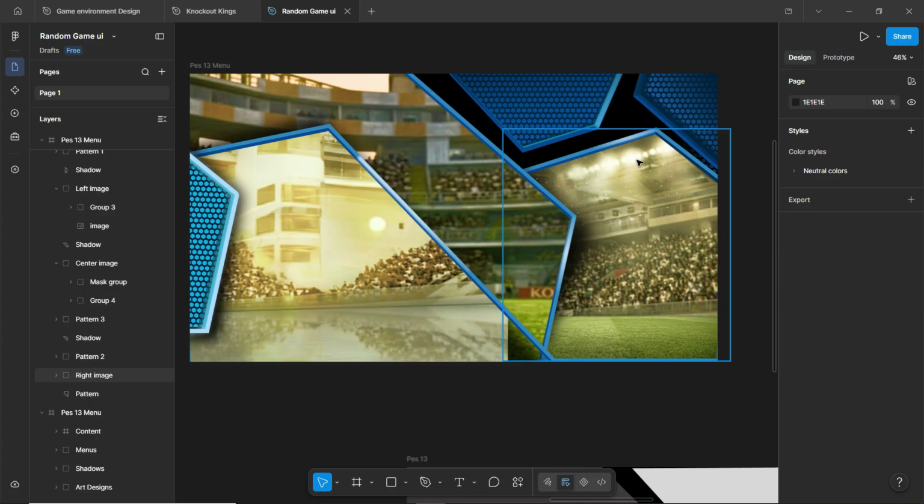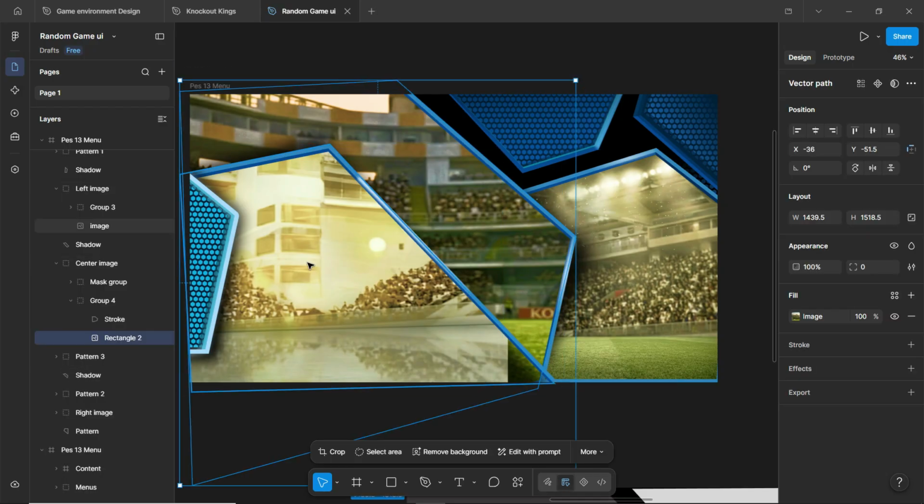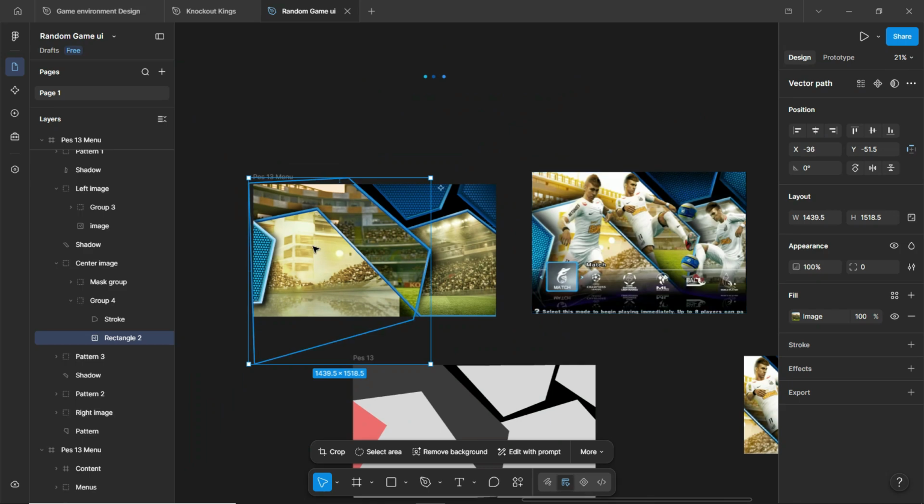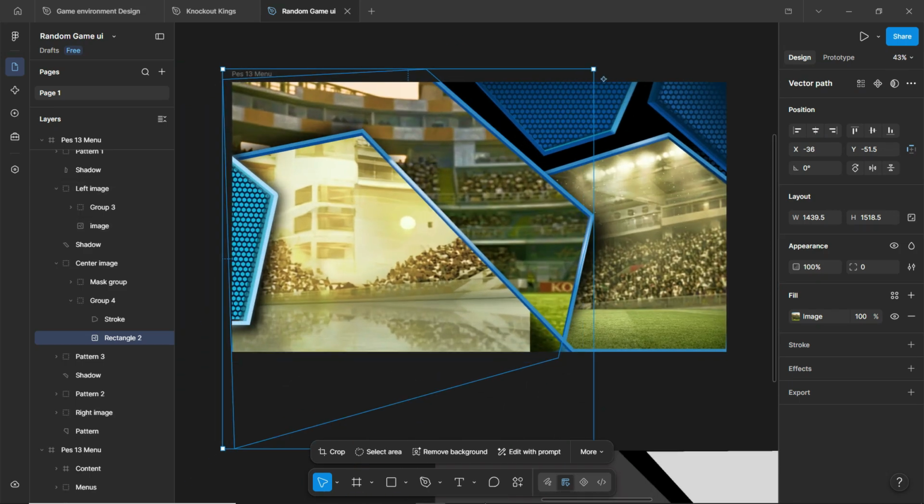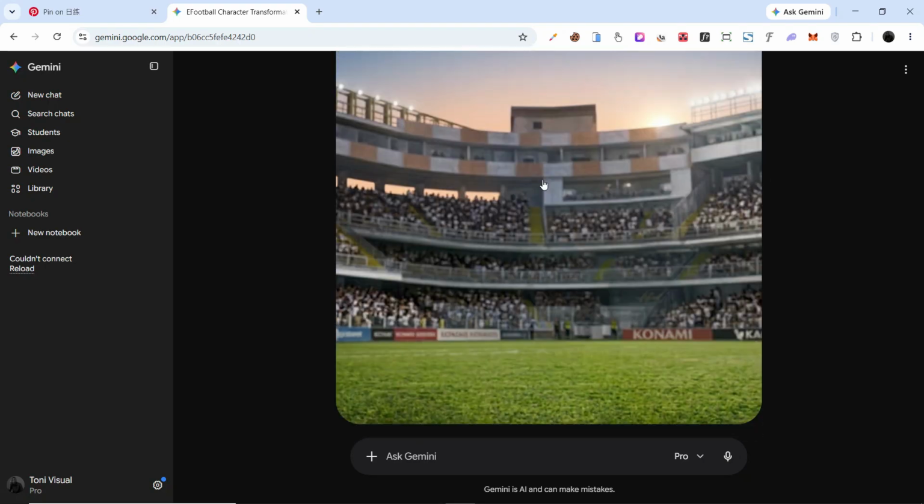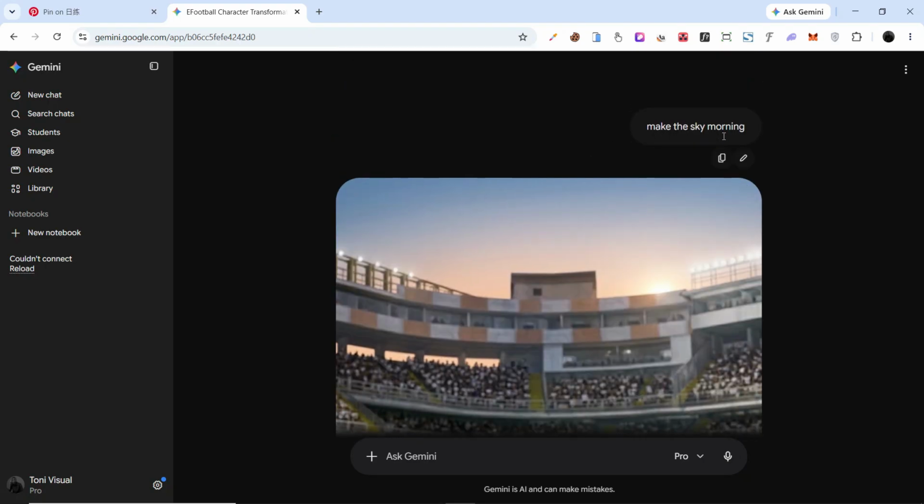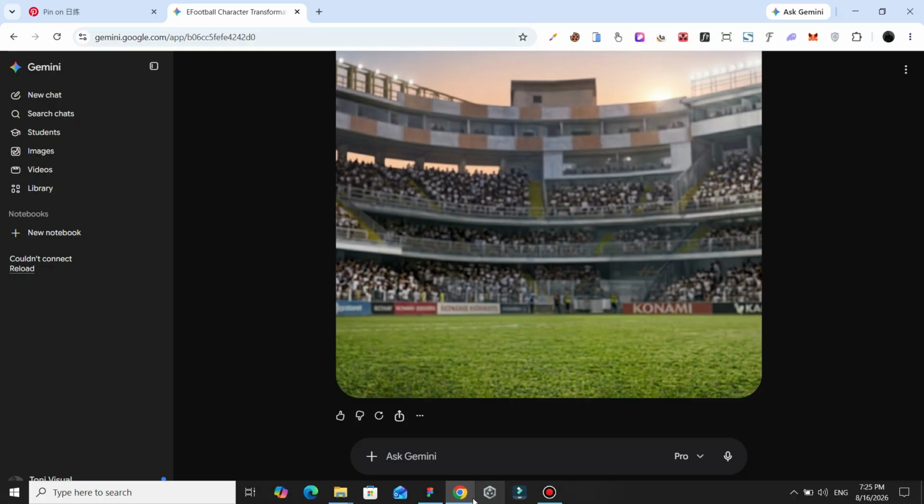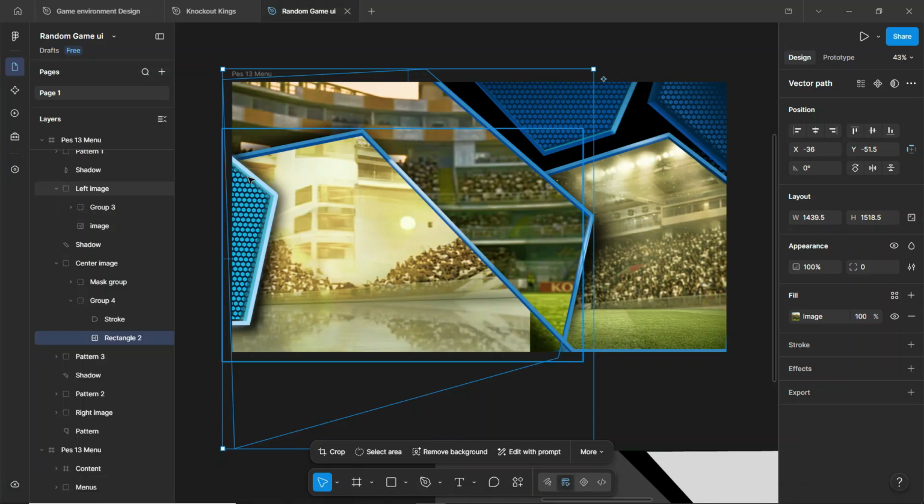Now don't forget all these images are the same thing. I use the same procedure I used for the character aspect to get the image. I use this image too, and also make the sky morning. I was able to bring it back to my Figma. So how did I achieve this stuff? So the first was